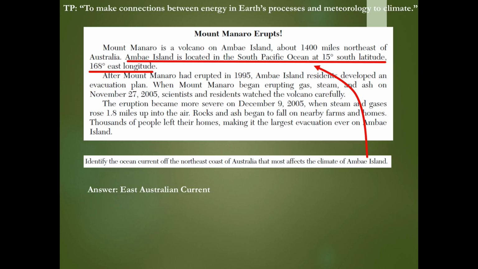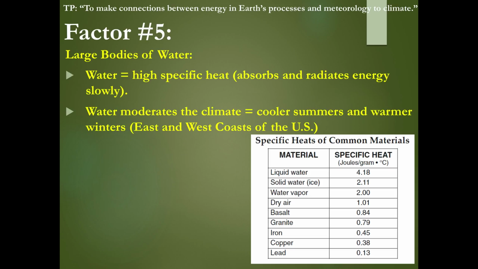Alright, let's move on. Factor 5, large bodies of water. Water has a high specific heat, which means that it absorbs and radiates energy slowly. Much slower than lead, right? Lead, we said in class, has the lowest specific heat, which means that it heats up, it takes in, and gives off energy quickly. In addition to this, water will moderate the climate, which means that you would have cooler